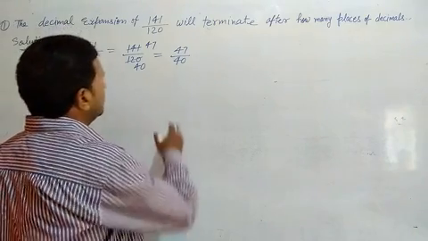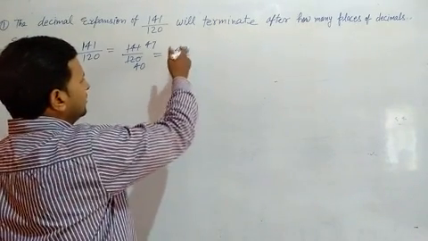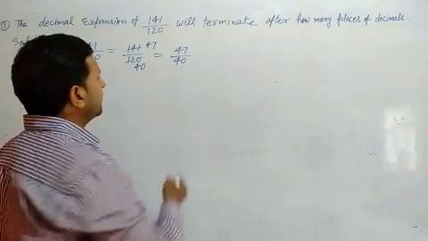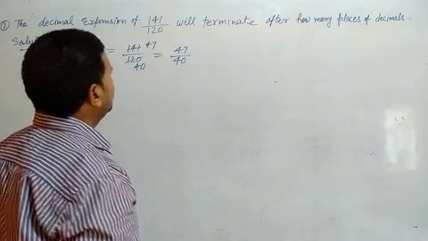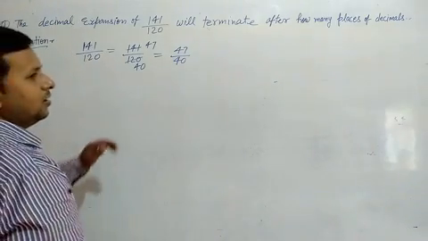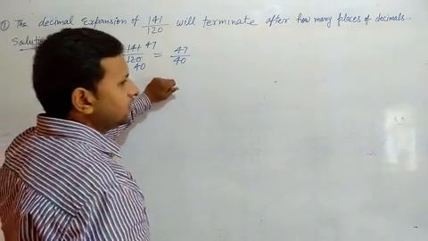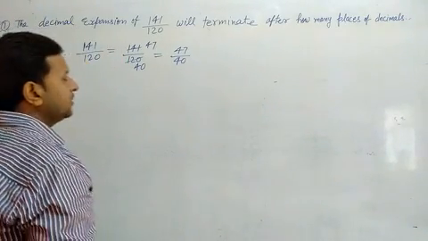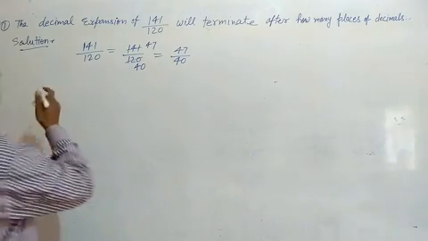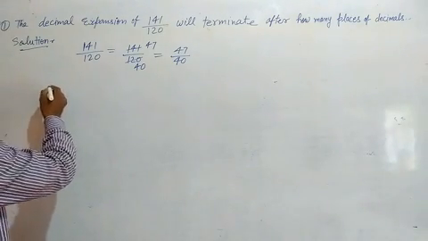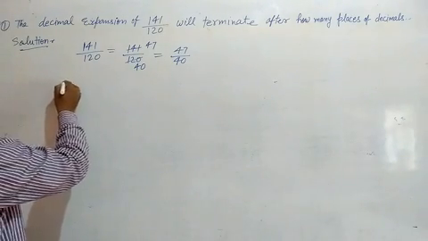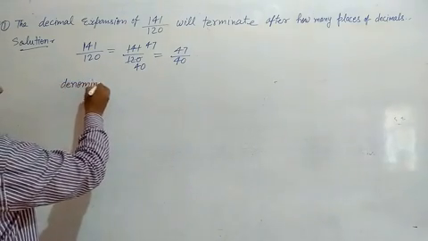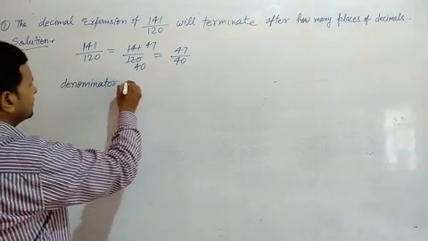Clear. Now there is no common factor between the numerator and denominator, which means this is the simplest form. Now we have to find after how many decimal places it will terminate. So now we have to take the denominator. Our denominator is equal to